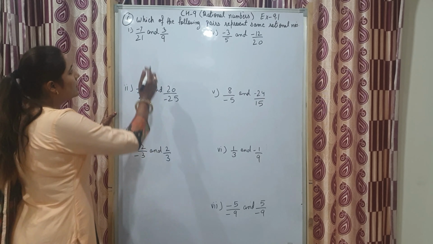Ninth question, which is greater? Now 2 upon 3 and 5 upon 2, we will cross multiply. 2 into 2, when we multiply 2 into 2, we will write on the left hand side. 3 multiplied by 5 on the right hand side. 4, 15. Which one is greater? 15. So it means 5 upon 2 is greater. Moving upward, 5 upon 2 is greater. So we will write 5 upon 2 is greater.